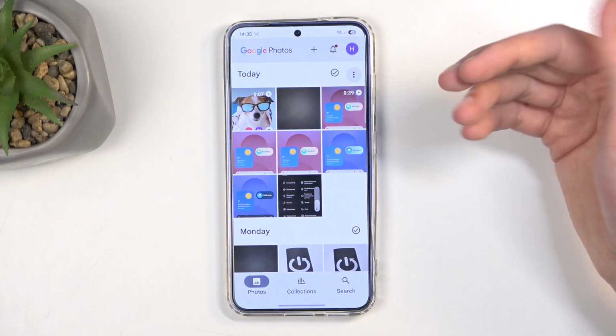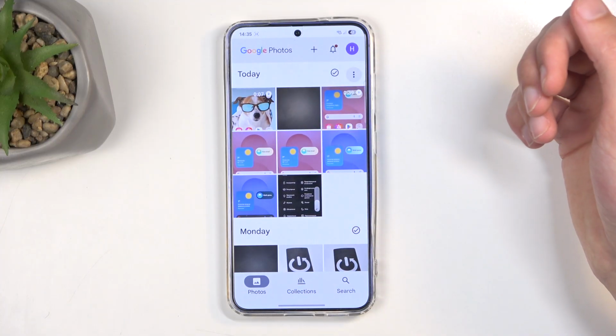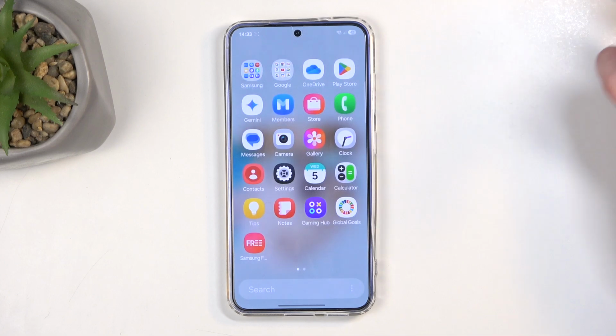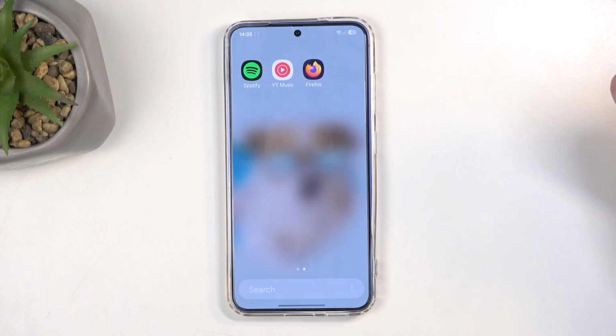A bunch of people record this phone, so there might be some gallery changes, but you can see it right here. It's actually chronologically on the main photos page. So